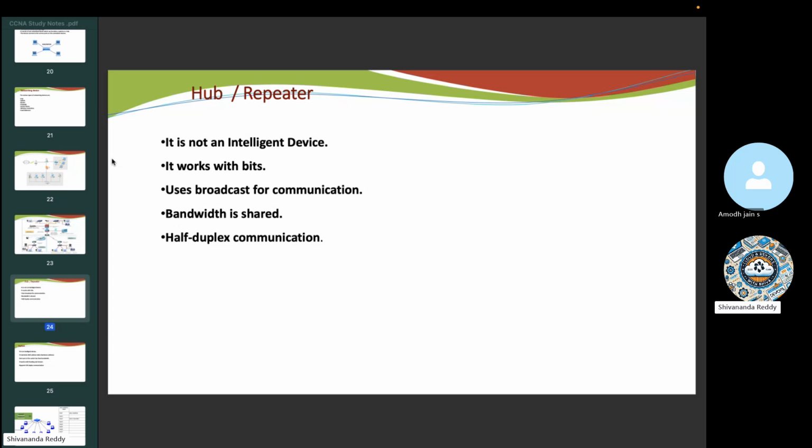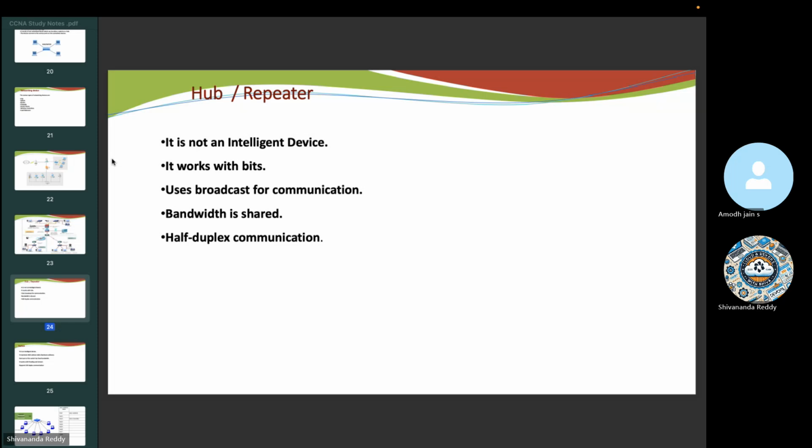There are two types of duplex communication: one is half duplex, another is full duplex. What is the difference between half duplex and full duplex communication? You might know the landline phone and mobile phone, correct? Landline phone and mobile phone, everything like that comes under full duplex communication. But what is half duplex communication then? Half duplex communication is nothing but